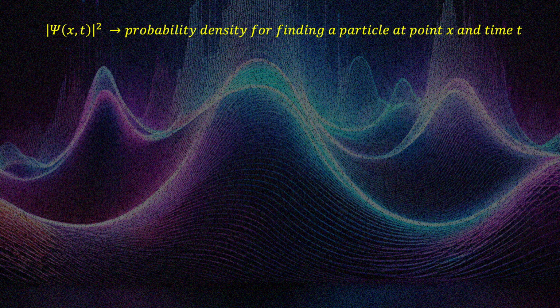Okay, so we have this probability density function from the wave function. One of the conditions this probability density function needs to follow is this: integrate from minus infinity to infinity, and this integration should be equal to 1. This is what is known as normalization. All probability density functions need to follow this, otherwise it's not really a probability density function anymore, because the particle needs to be somewhere, and if this is not equal to 1, then that goes away and your theory doesn't make sense.